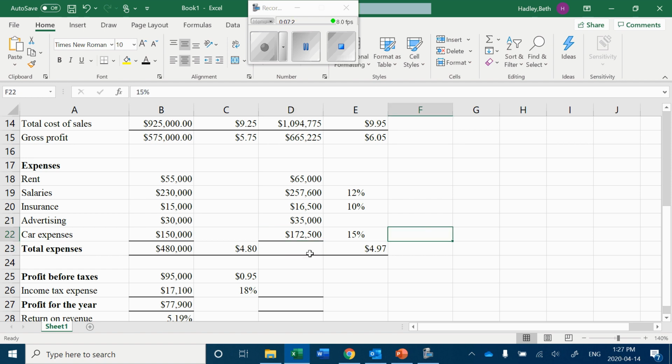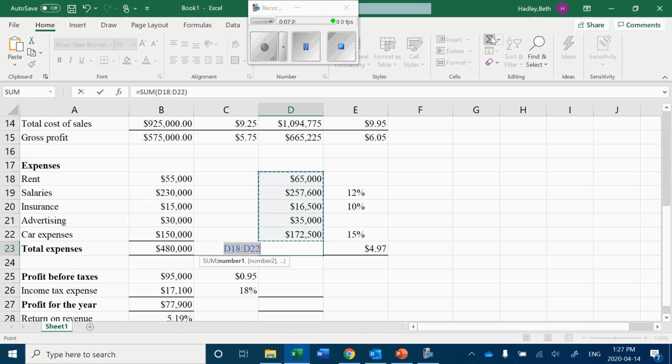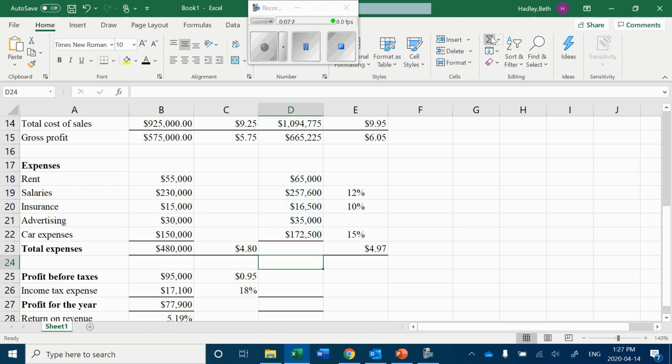We have our total expenses. We want to sum, and you see it highlights all of those, and again, I've got it whited out. So that gives us total fixed costs of